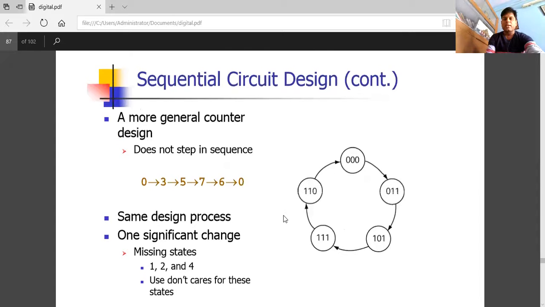Suppose that another counter is designed that counts 0 to 3, 3 to 5, 5 to 7, 7 to 6, 6 to 0. It means that it starts from 0 and goes to 3,